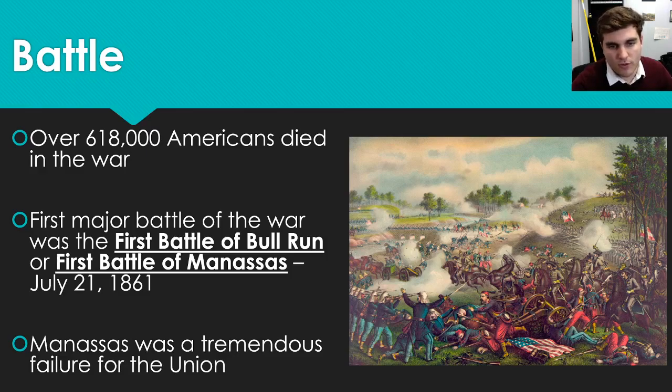Now, this is at the time when Southern morale is very high, and the Northern military is fairly small, and the first Battle of Bull Run was a tremendous failure for the Union. This was the first time that the Union realized that the war would be long, that it wouldn't be a quick, hey, slap on the wrist, bring you back in the fold kind of thing. And that was fairly critical, because after that, the North tries to adjust expectations.